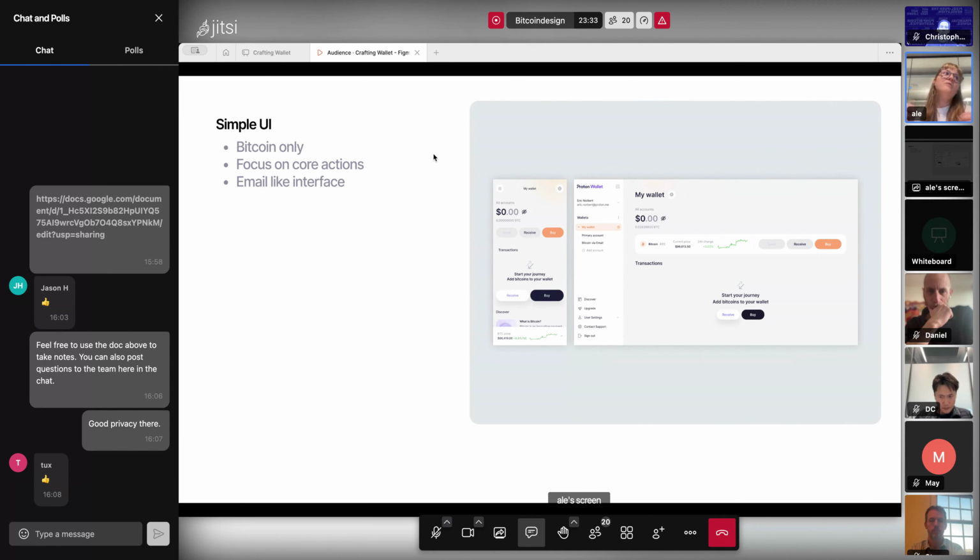As I just said, for the learning curve, we think it's better to start adding complexity little by little than to bring all of the features at once. So that's why we decided to focus on buy, send, and receive.